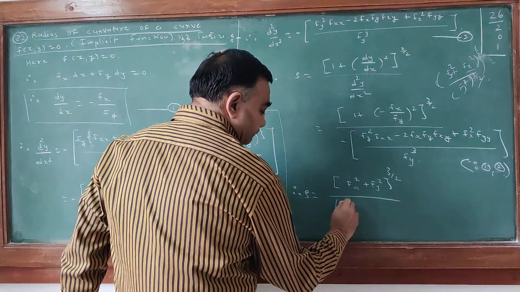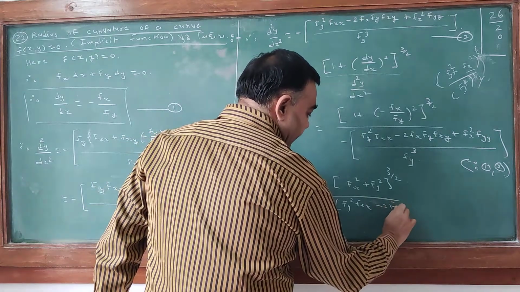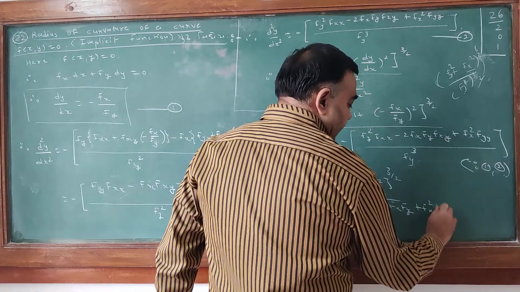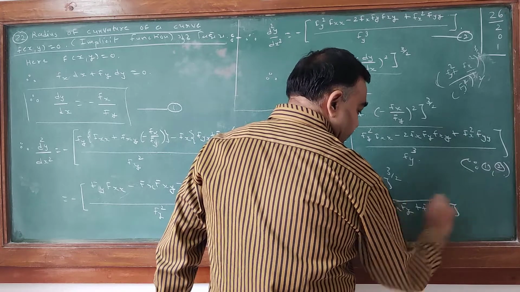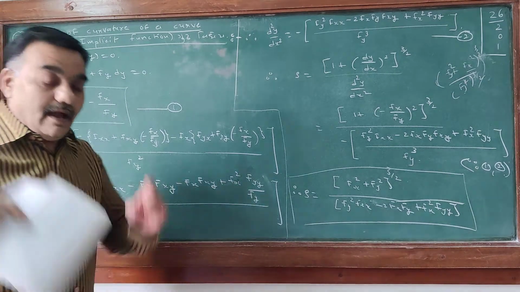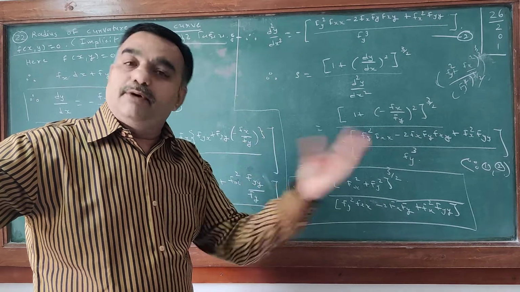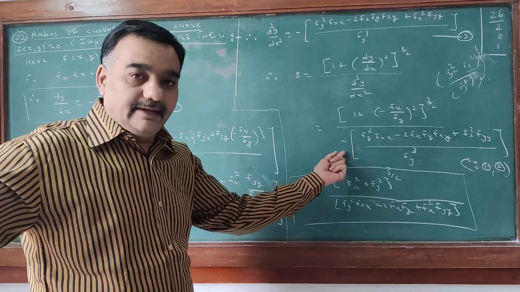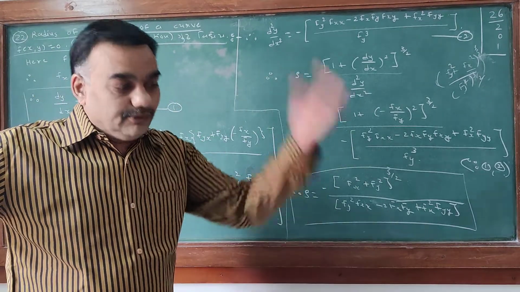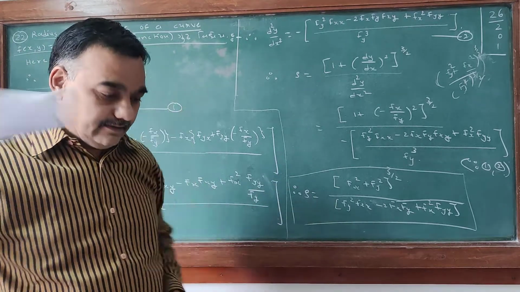minus fy square f of xx minus 2 times fx fy fx square f of y, and this is radius of curvature formula. Actually there is a sign of minus, but this is radius of curvature. We should only think the positive values, means we are ignoring the sign of minus. Otherwise actually it is minus, but if it is negative then we should consider it as positive. Therefore there is no meaning of sign of minus. That you should keep in mind.